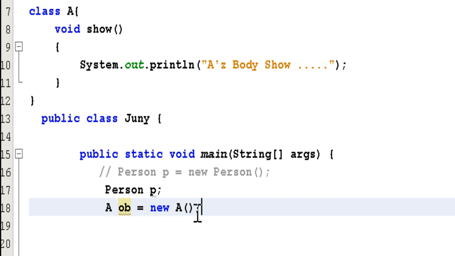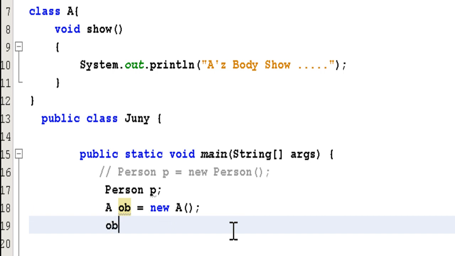Here we go, we got a newborn baby. That's the object, right? The ob is not that baby. ob is only pointing to that baby, because ob is not an object. ob is the reference variable which points to the object. The object is in the heap, and ob itself is on the stack. Good. Now if I say ob.show,